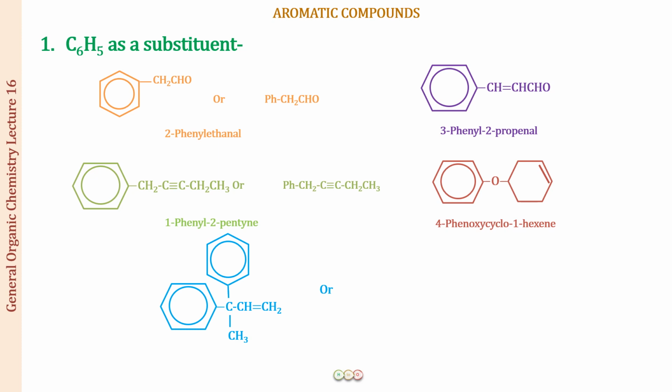I have many examples so that you get your concept perfect. Now in this structure, or let me put it this way, that is easier to see, instead of the phenyl rings, I just put Ph. Now again, you have to give a lower number to the double bond, right? So it will be carbon number 1, carbon number 2, carbon number 3, and carbon number 4 also. Please do not miss this. So this is going to be butene or but-1-ene, and we have two phenyl rings as substituents. So the name of the compound becomes 3,3-diphenylbut-1-ene. So I hope now you have got it, how we are going to treat C6H5 as a substituent.